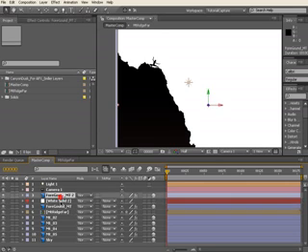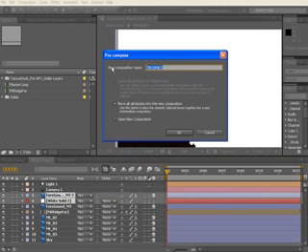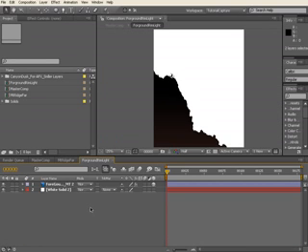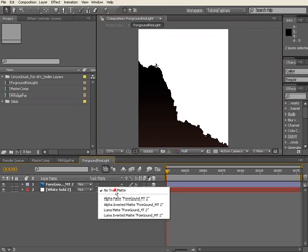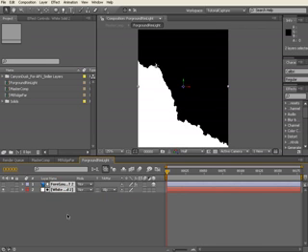And what we want to do is grab both those layers, Layer, Pre-compose, and we'll call it foreground rim light, that is fine, and we'll open that in a new composition. And what we didn't do that we can do now is just set the alpha matte so that we have that as a white alpha matte there. Now same process as before. We want to grab both layers,